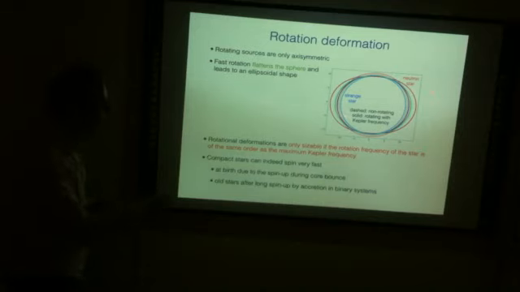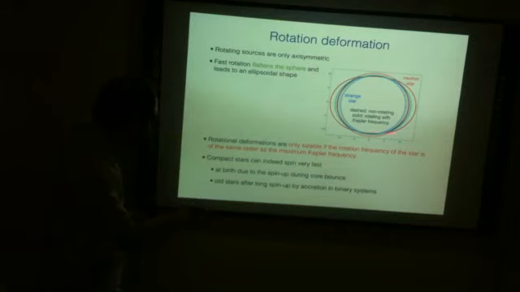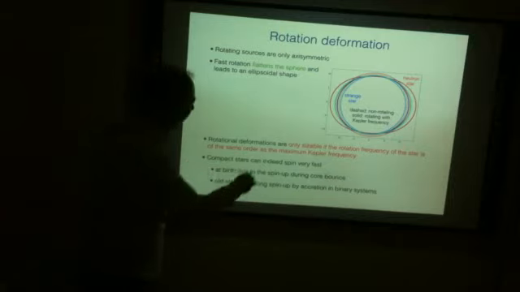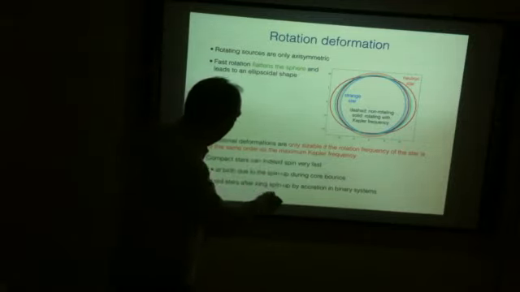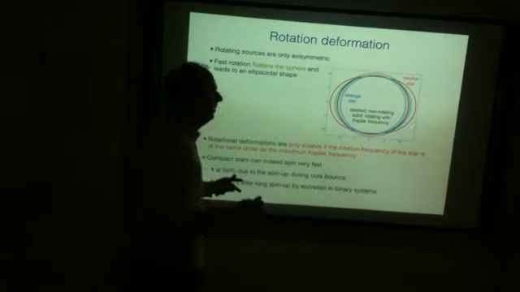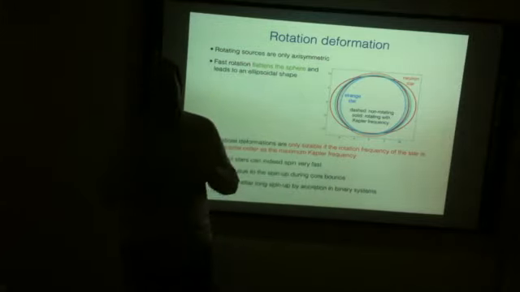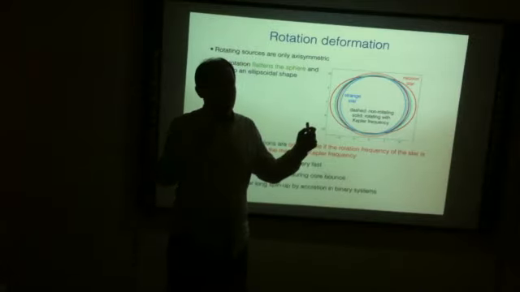So if you solve the corresponding equations when you take into account rotation, what you get is something more like this, where the star becomes more pancake shaped. Really not pancake, but it will be squeezed quite a bit. For instance, the red curve is a neutron star if you assume it rotates as fast as it possibly can. And possibly can means if it would rotate any faster, it wouldn't be stable anymore, right?